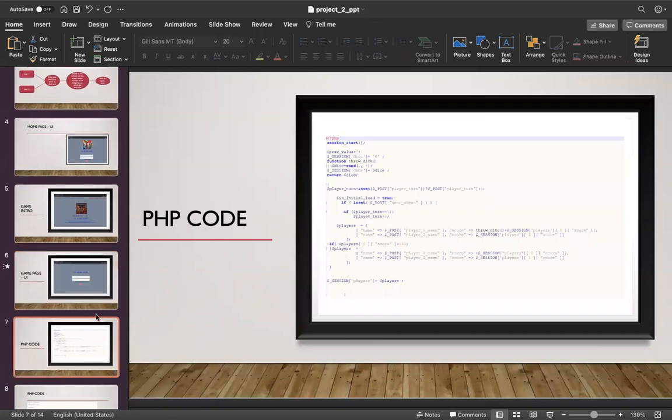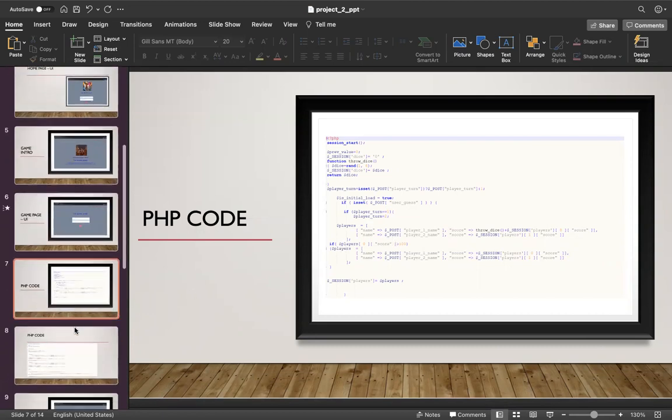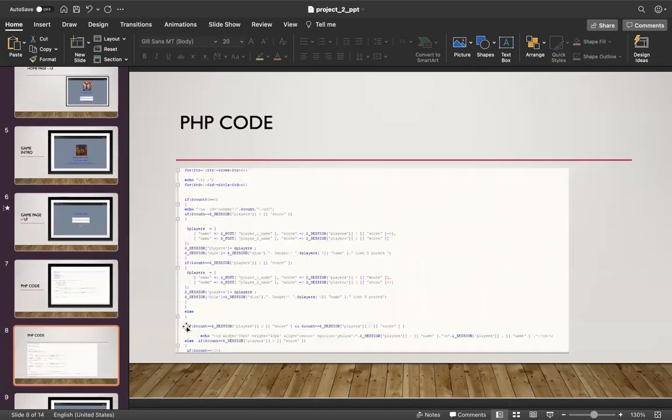So far, let us look at the code. Once the player clicks on start, we are going to validate whether the two player names are entered or not, and we are going to start the game. Here we used PHP to write the logic for the game, for all the start validations, and for the dice rolls. For each player, we are checking the scores, and we have written this logic in PHP. And for styles, we used CSS.